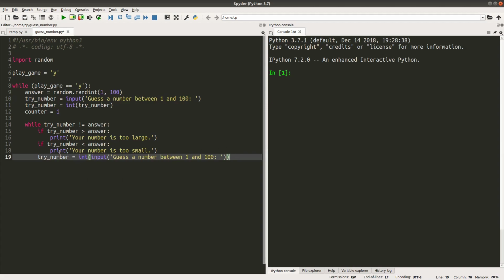You see, I combined two lines from line 10 and 11 into one line, shown on line number 19 here.